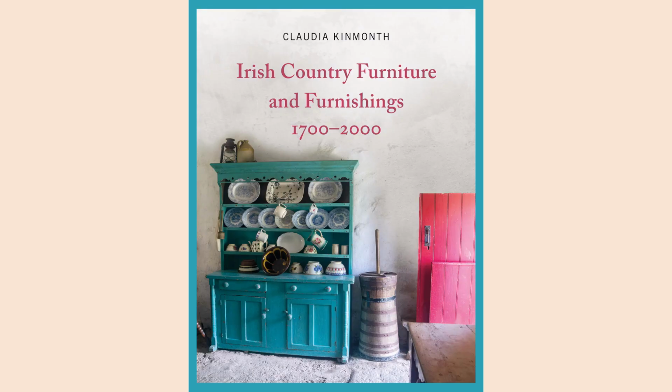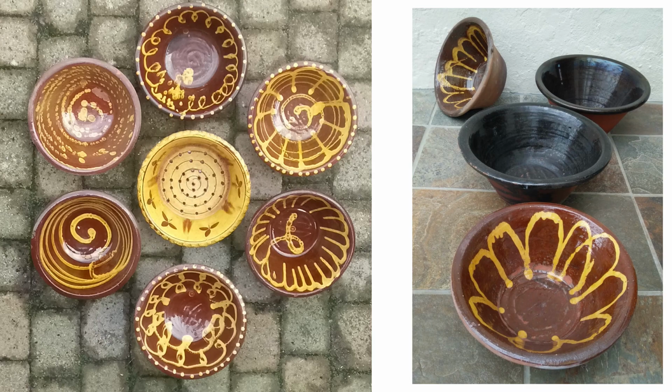Just to remind you, yes, in the center of that dresser is a particular sort of crock, which is one which I studied actually when I had a bursary here at the RDS in the Library and Archives. I studied these crocks, which were supported by the Dublin Society. The potteries were supported with prizes and grants from the Dublin Society, and this was the kind of Irish production which was being made. So we have the black crocks and we have the coloured crocks,